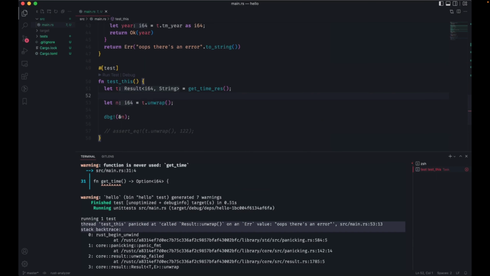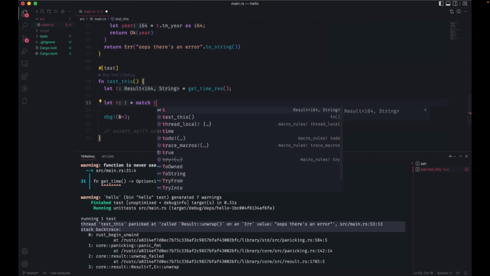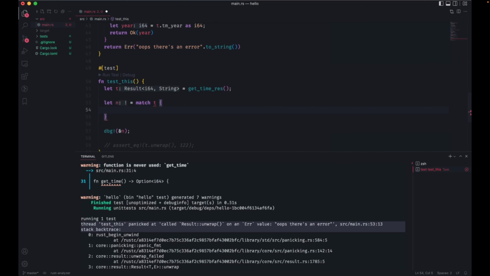So what do I want to do? The way I do error handling generally is I do match. So I can assign something with a match as well. So I can match, what am I going to match here? I'm matching T for its cases.